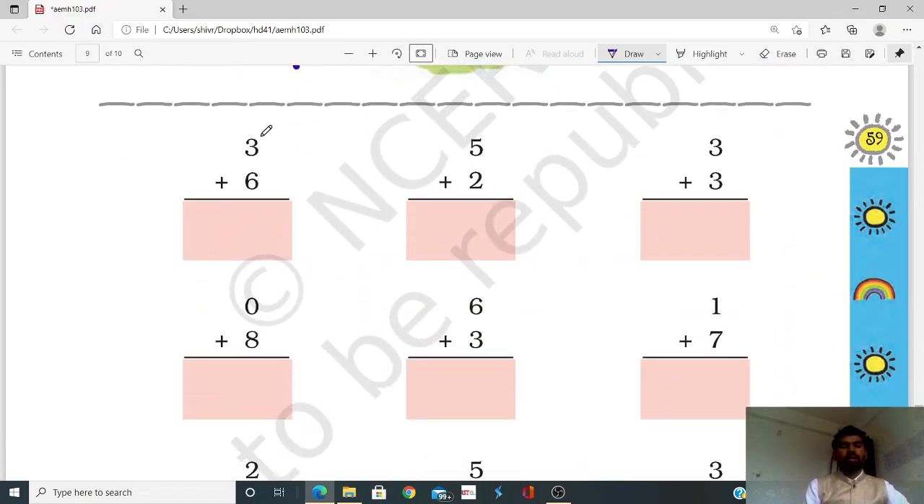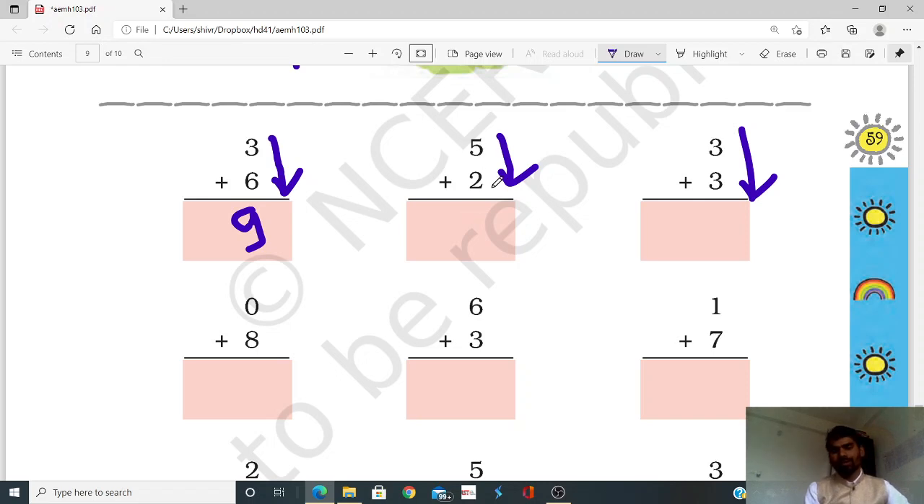Now, this is the vertical presentation of addition. Here you can see vertical presentation, horizontally and vertical. These are the same, but the structure is different. Okay, 3 plus 6 is equal to 9. Now you can understand clearly and you can solve